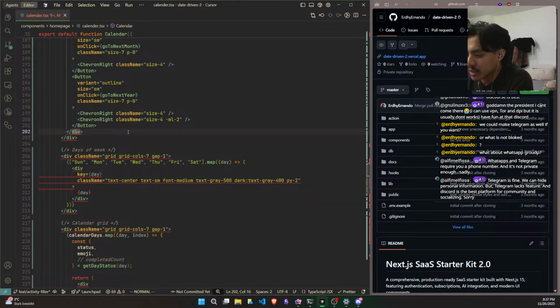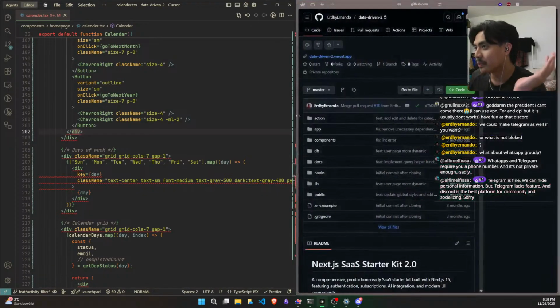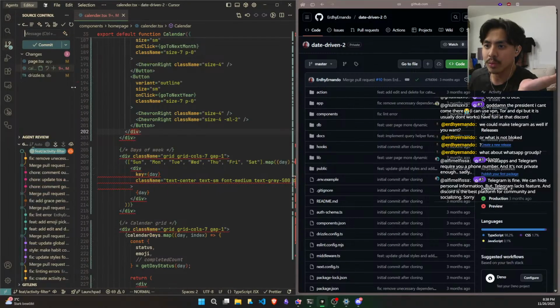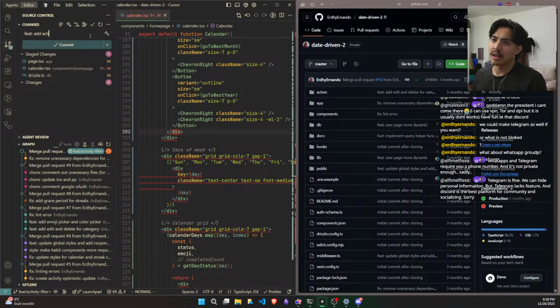Do you guys want to see my rejection email? Okay, you know, I'm just gonna commit this, let Copilot do its thing. If there's a problem, we fix it. If there's no problem, it's good to go. So we can do this and then add activity toggle, activity filter in calendar.